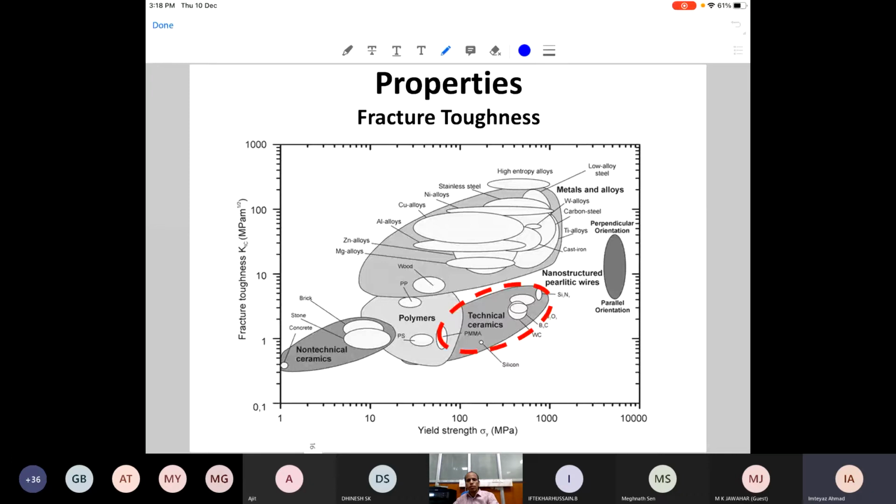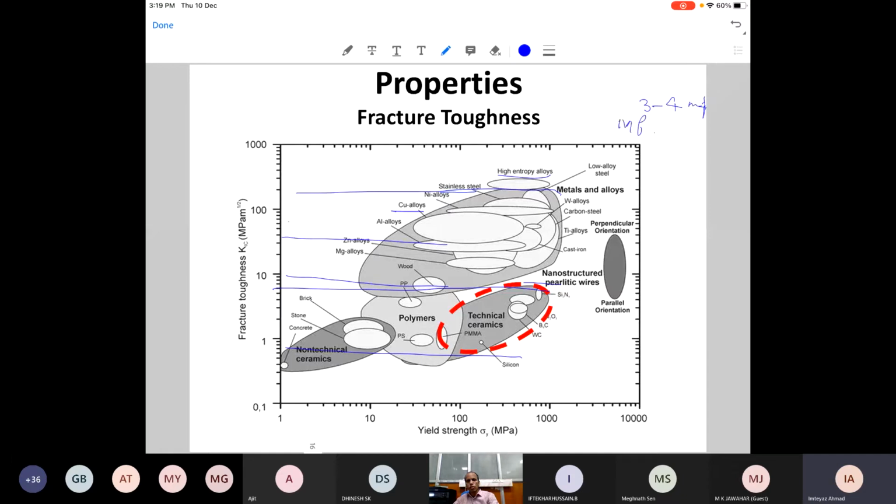But in the case of metals, the fracture toughness is high. You can see that they are greater than 10. Most stainless steels, high entropy alloys, and copper alloys are close to maybe 60 to 100, and sometimes greater than 100 if you look at this range. But if you look at the ceramics, this is a log scale, so you have hardly 10. Alumina is about 3 to 4 MPa